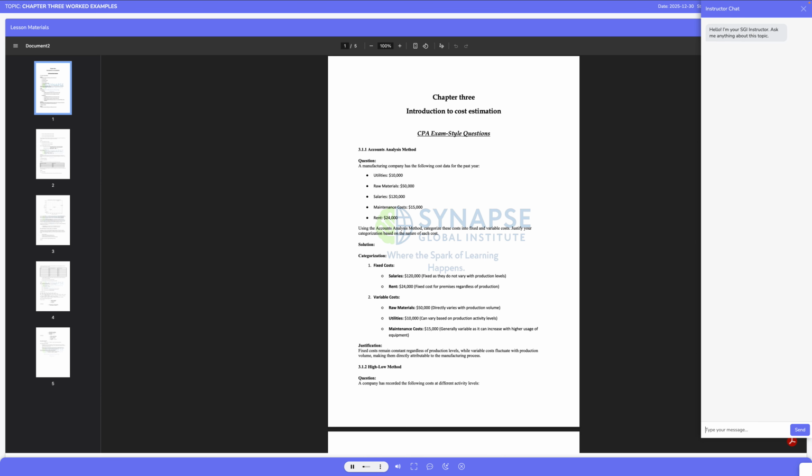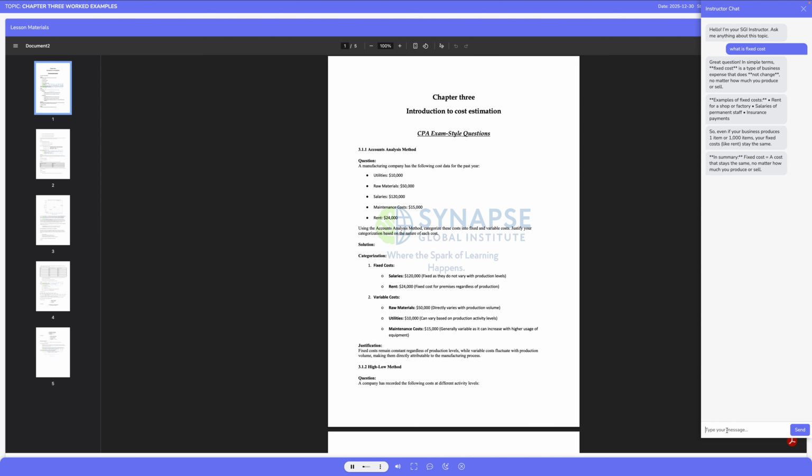Question 3.1.1. Accounts analysis method begins by testing your understanding of cost behavior based on the nature of costs. In this question, you are given a list of costs incurred by a manufacturing company over the past year, namely utilities, raw materials, salaries, maintenance costs, and rent. The accounts analysis method relies on managerial judgment and knowledge of operations to classify each cost as either fixed or variable. This method is commonly examined because it reflects real-world decision-making, where accountants must interpret cost information rather than rely